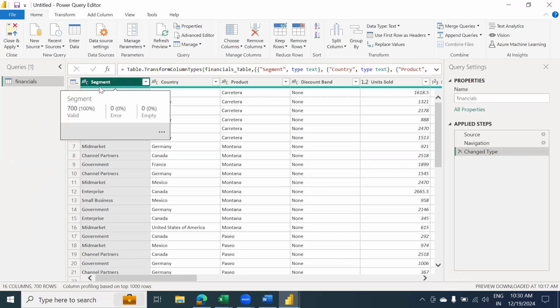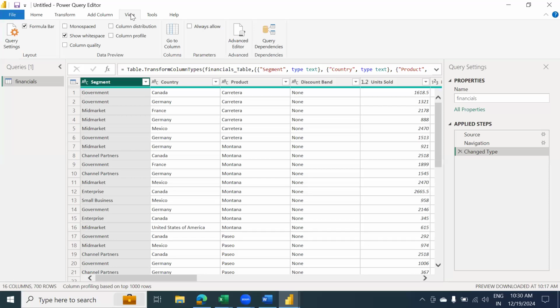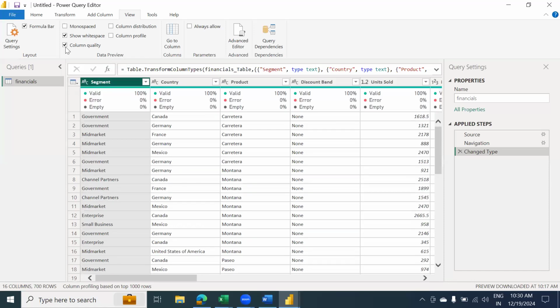Now, this light green color talks about valid data. You would ask me, how do I know that light green represents valid data? In Power Query Editor, if you come to the tab called View, there is one specific option called column quality. Now let me check this, guys. If I check this,